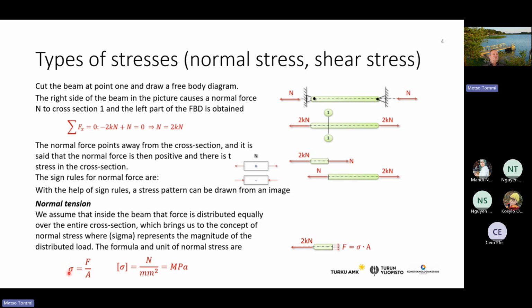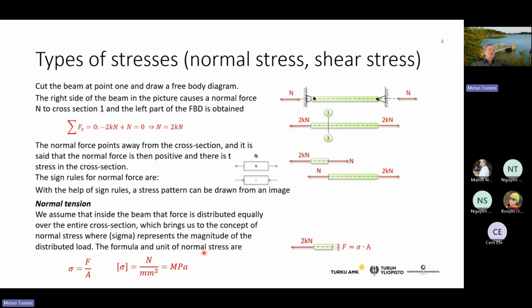And when it's normal stress, we use this sign sigma, and the unit of sigma is newton per millimeter squared, which is the same as megapascal. So it's quite a convenient unit to use, because from the material science that you have studied, those